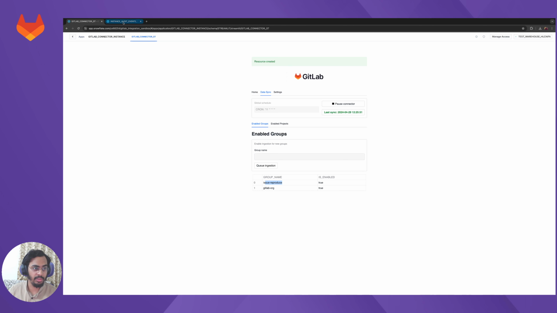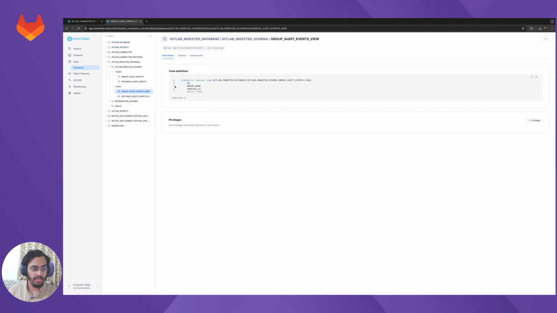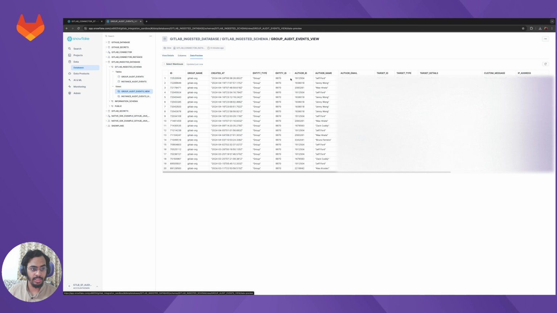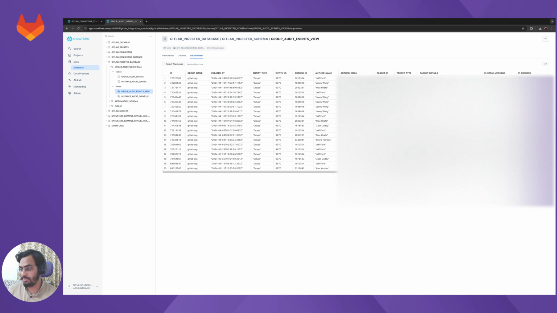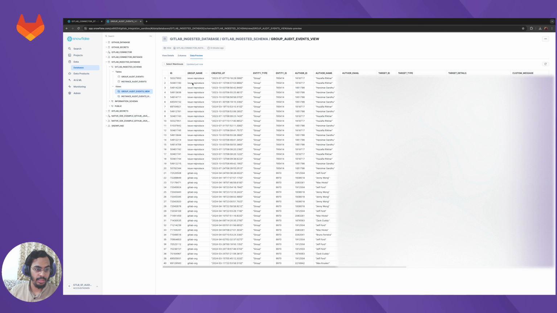We can validate that by going to the data preview and reloading the data. Now if we reload this, yeah, we have data from the other group as well.